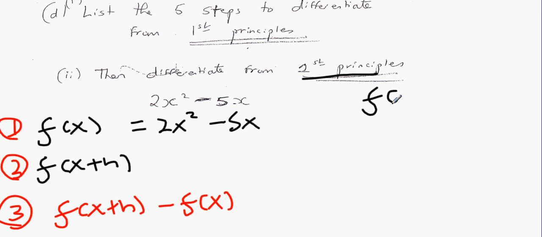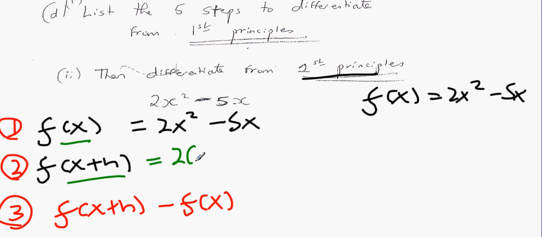So f of x equals 2x squared minus 5x. Now, the difference between f of x and f of x plus h is anywhere you see x, you must replace it with x plus h. So it's going to be 2 times x plus h squared minus 5 times x plus h. Now, that's the same thing as writing 2 times x plus h squared, minus 5 times x plus